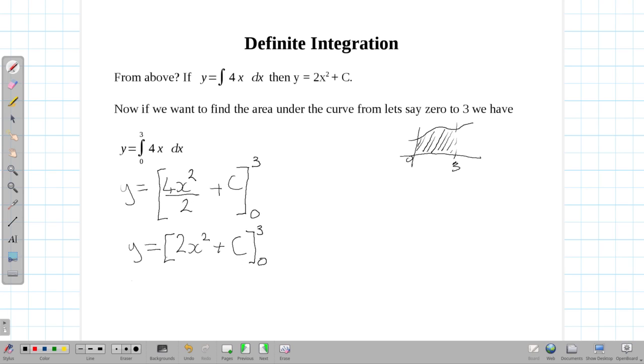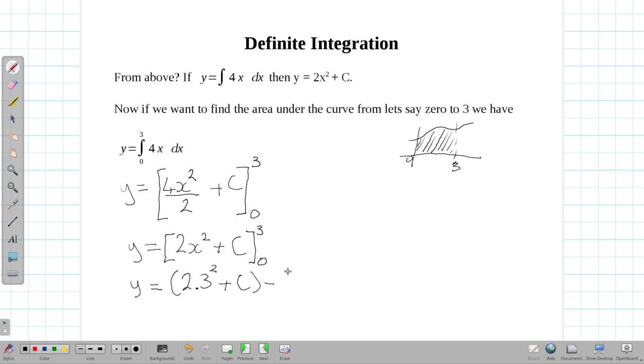If I solve this, what we do in definite integration is substitute the value: we put the upper limit in first into every place as an x, which we've only got 1 in our example. So we've got 2 times 3, because we've substituted in the 3, squared, plus c,